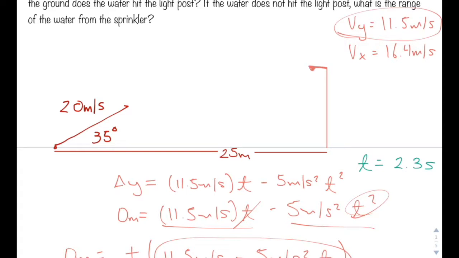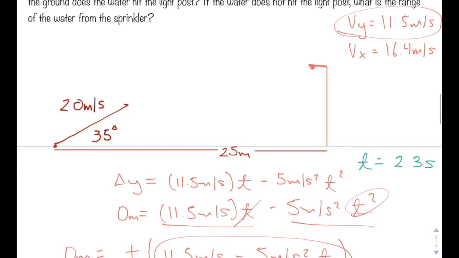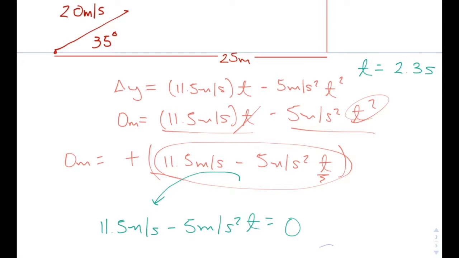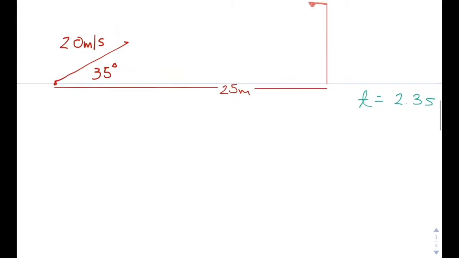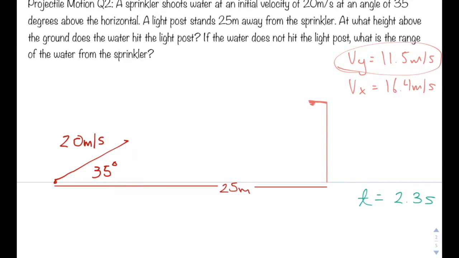Now what we need to figure out is how high above the ground the water hits the light post. I'm going to go ahead and erase all this. So how would we solve for that? Well, we want to figure out how long it takes the water to travel those 25 meters, because if we know how